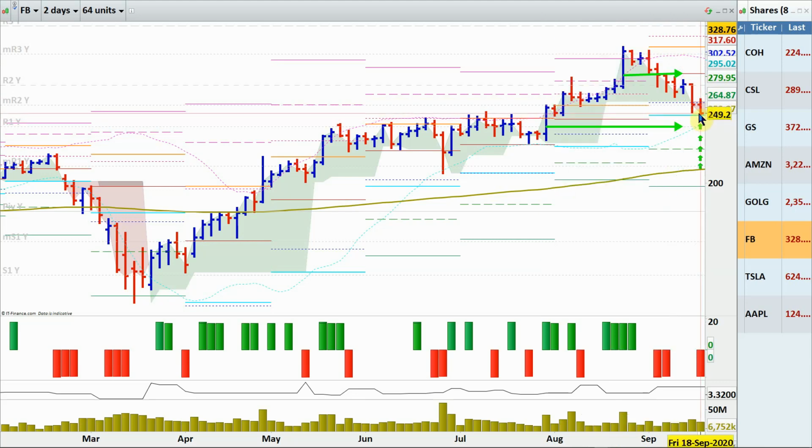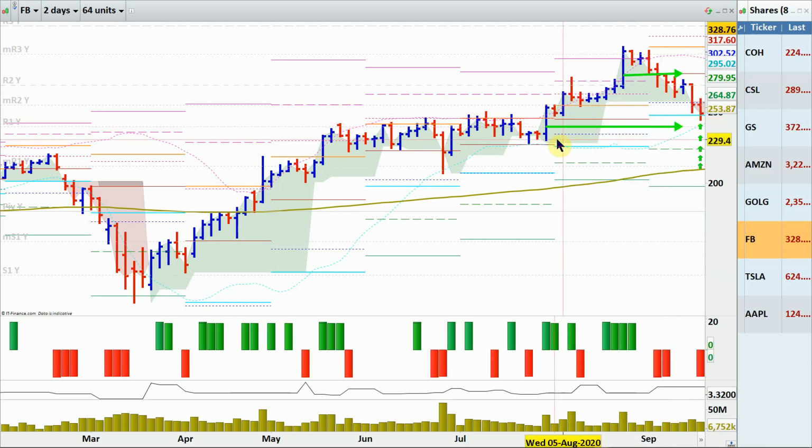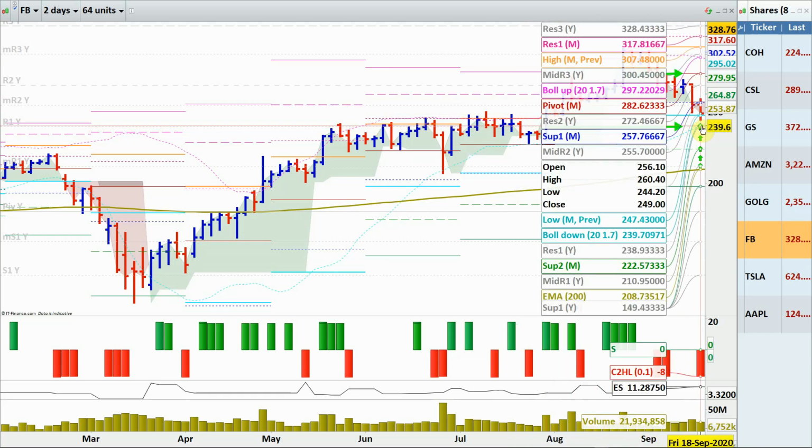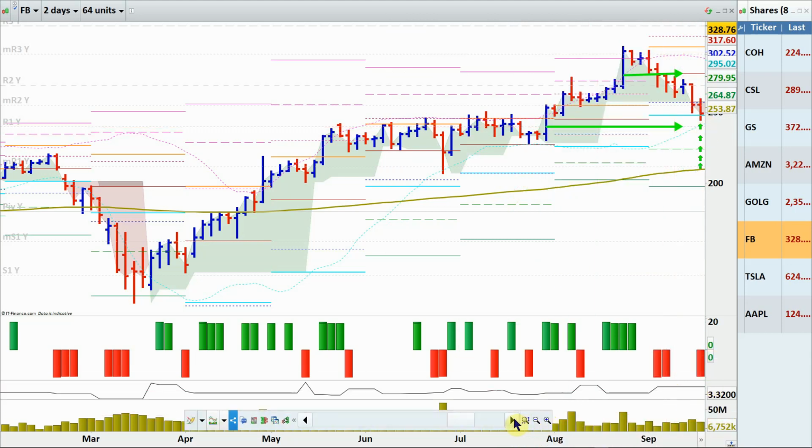Unless we take tremendously effective trades like this one, we will not put the stop loss below this low minus ESD, 244.2 minus 11.28. Instead, we will go to this midpoint and place the stop loss there, which is roughly around 240 minus the ESD, which is 11, so 229, and then let's see what happens. So our stop loss is at 229.